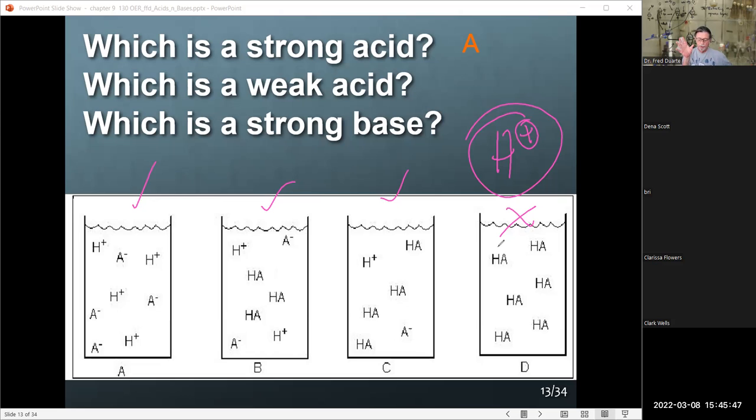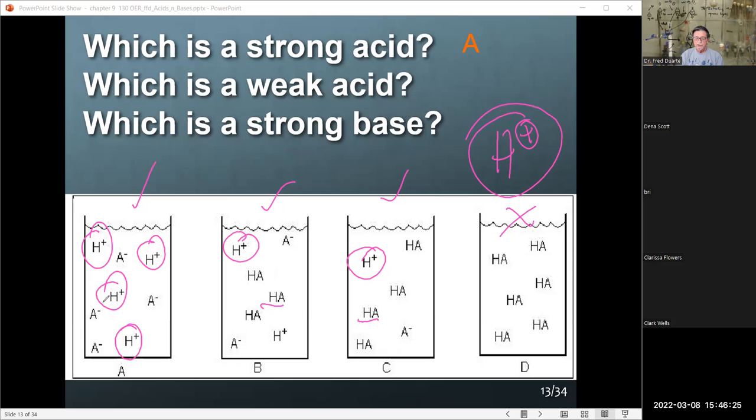So definitely D wouldn't be involved. So now we go back to A, B, C where they do show protons. You notice you got proton there, you got proton there. But when we talk about strong, we're talking about literally any chemical that dissociates 100%. Well, because of that definition, we can't pick B and C because they're not shown here to dissociate. They're still combined. So B and C definitely will be weak acids, but A definitely will be a strong acid